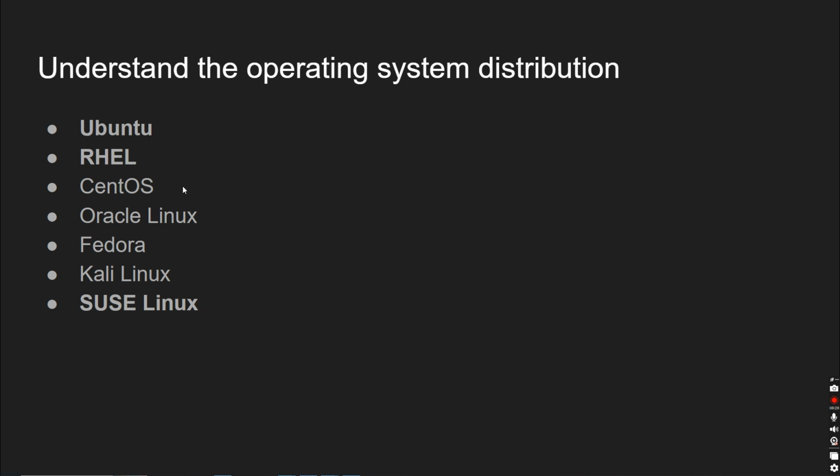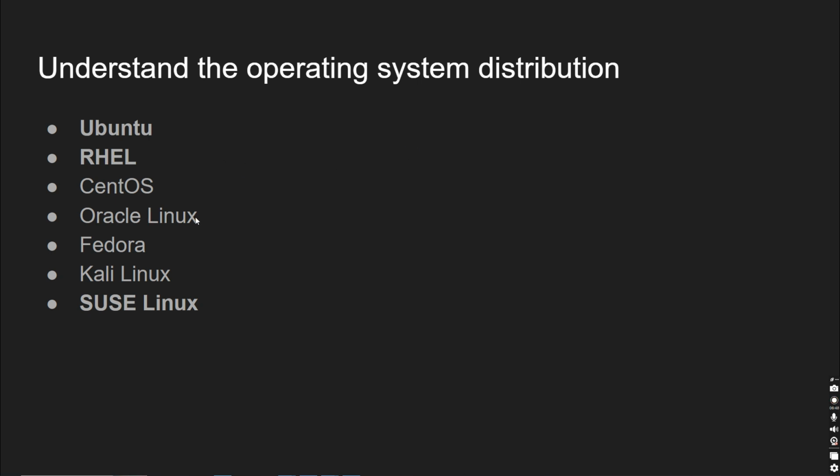CentOS was the community enterprise operating system, which we can call the free version of what we get in Red Hat. So whatever you tested in CentOS worked exactly in Red Hat. That was the situation. But now we cannot use CentOS for production grade applications. So it became that way.